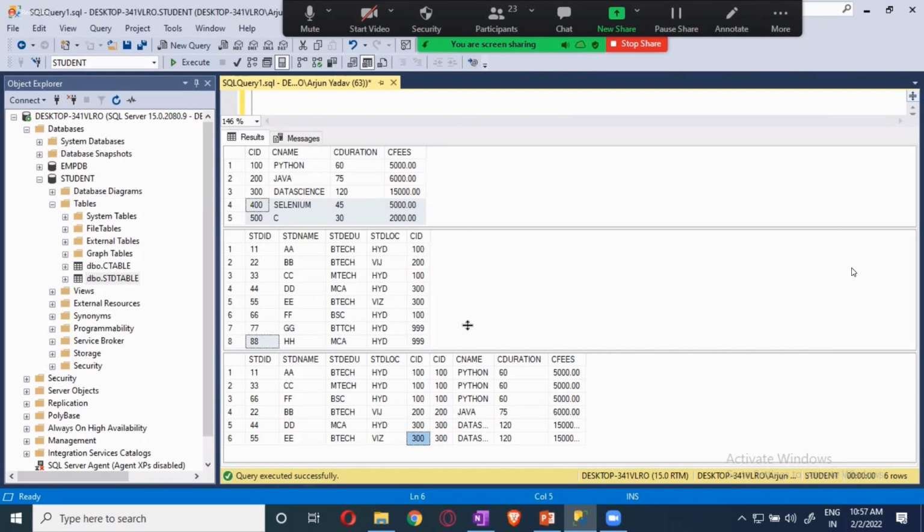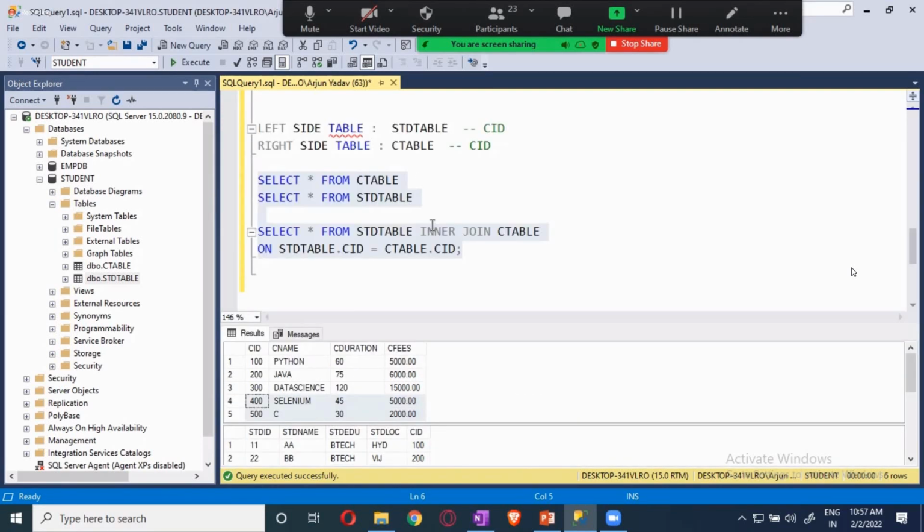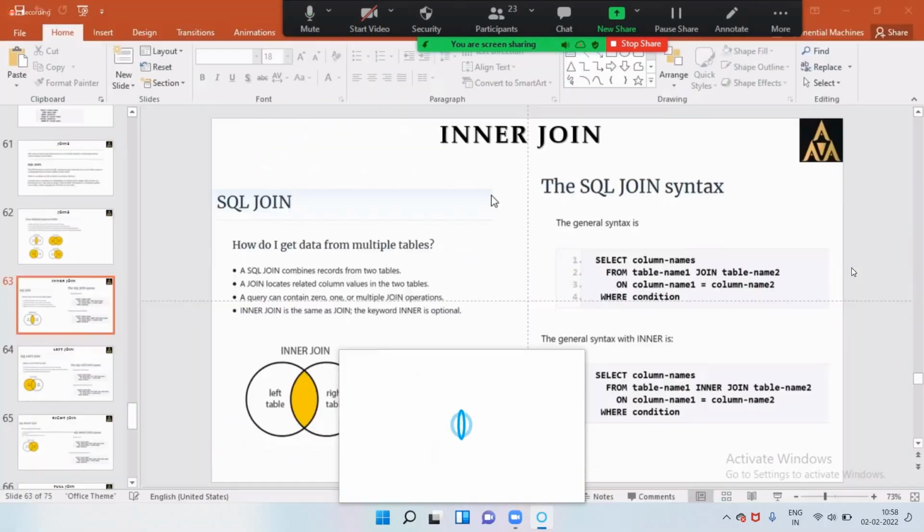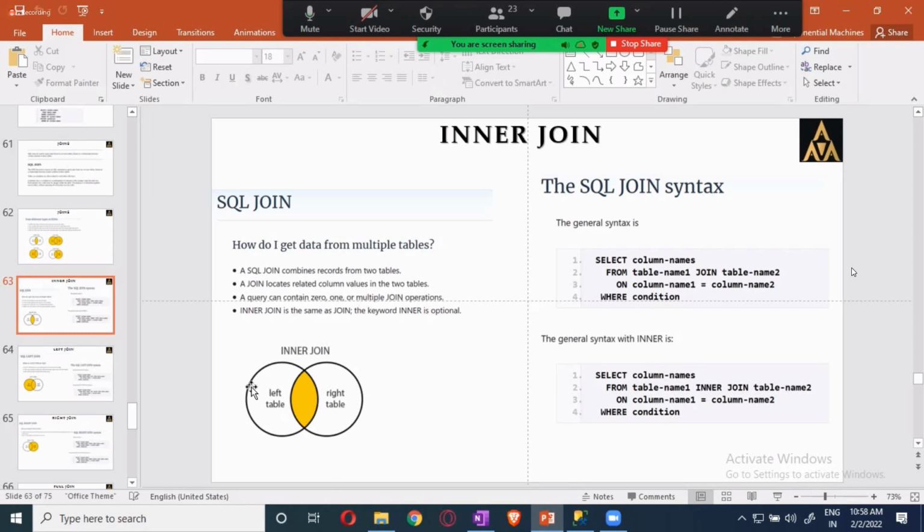Okay. Now, let's see the left join. See, this is the way you will be getting it, guys. Now, if you check it out, this is table 1, and this is table 2.